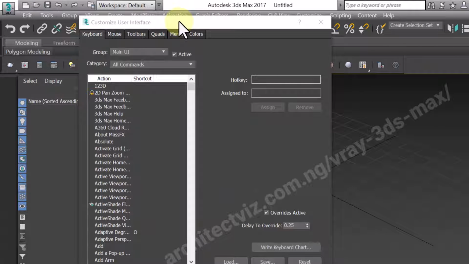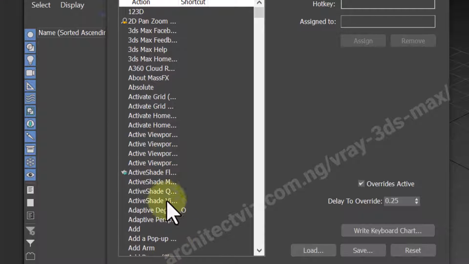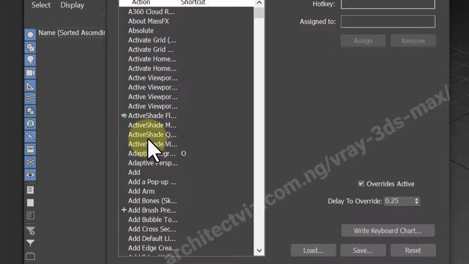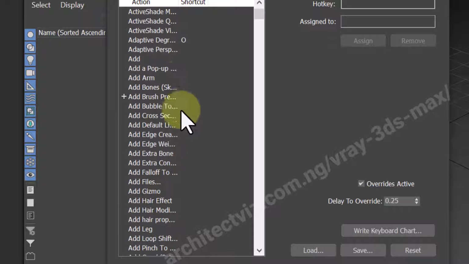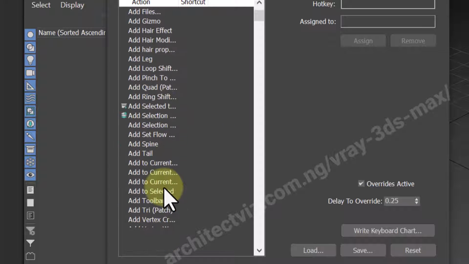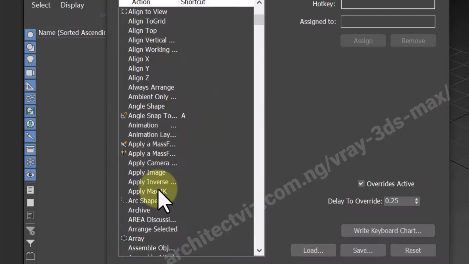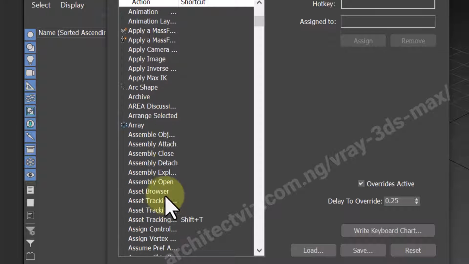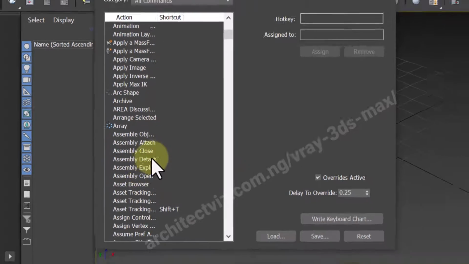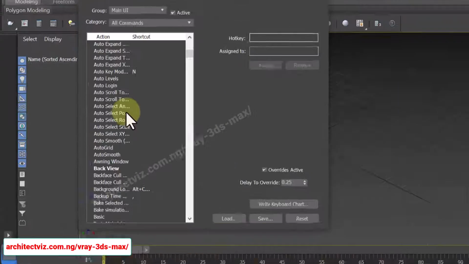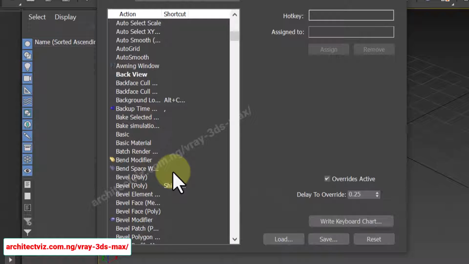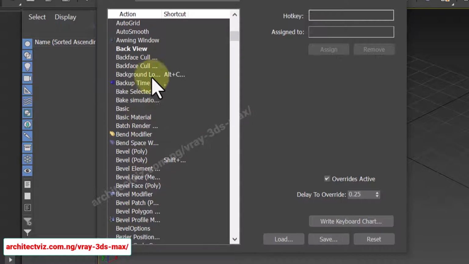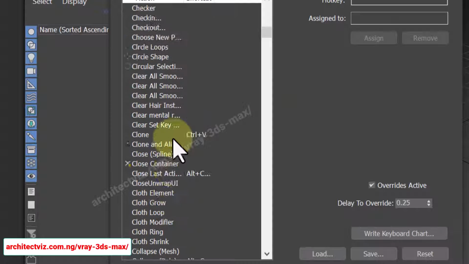Then in this dialog box, you are simply going to click on the keyboard. Here are the commands and the shortcuts. Some of them don't have shortcut assigned to it. So if it is something you use frequently, you can simply assign shortcut to it. And if you are looking for shortcut for a particular command that you always use, these are arranged in alphabetical